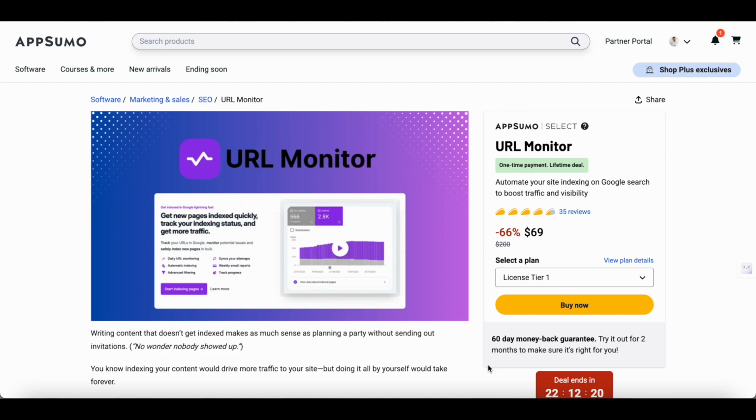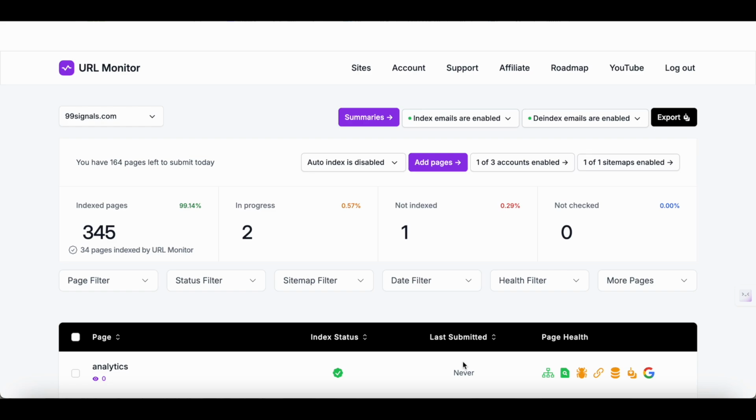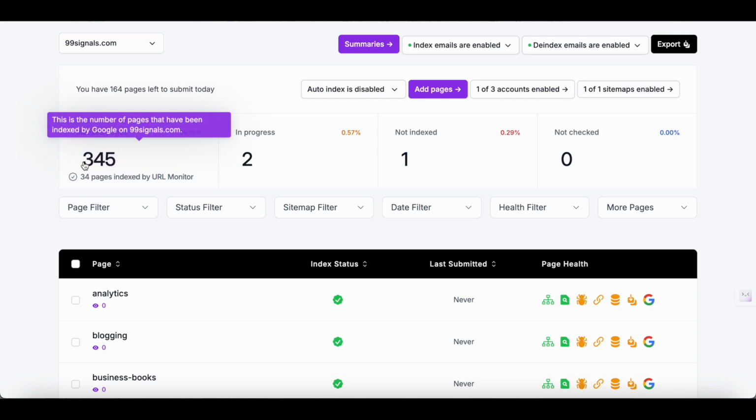My third and final pick is URL Monitor. URL Monitor is an index monitoring tool that lets you quickly index your pages on Google and track the indexing status to drive more organic traffic. To get started, you need to connect your Google Search Console to URL Monitor. Once it's connected, you will get a summary of all the indexed pages on your website and the index status